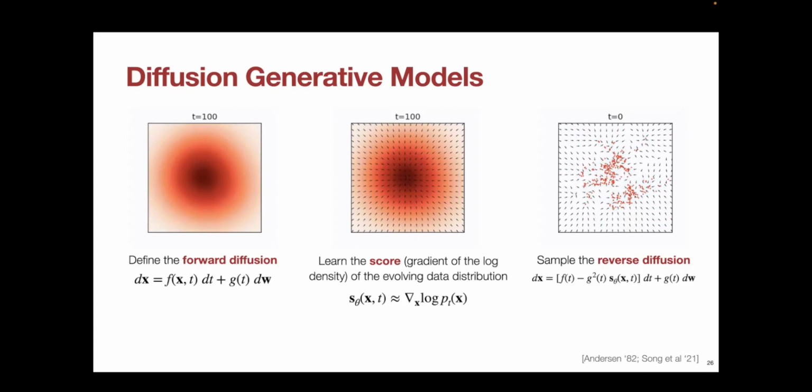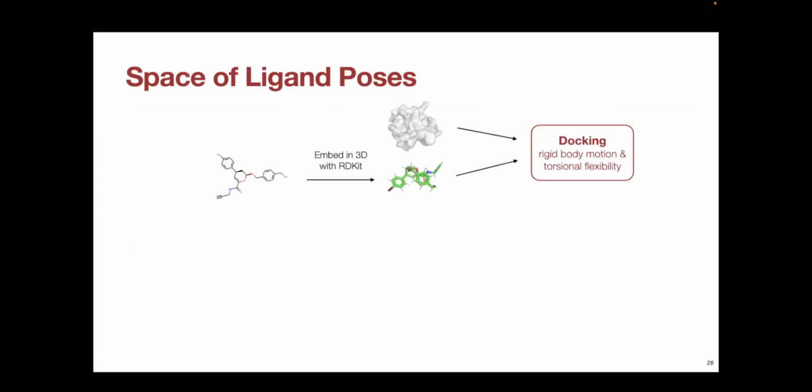What we're going to want to do in DiffDock is think about how this generalizes to the space of ligand poses, right? So just to emphasize that even though we're talking about diffusion with very similar mathematical formalism to physical or chemical diffusion, this is really diffusion over the space that the data distribution lives in, right? So in the case of ligand poses, we're going to want to think about what that space is and how to diffuse over that.